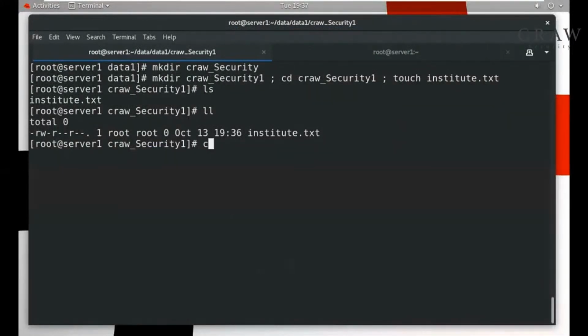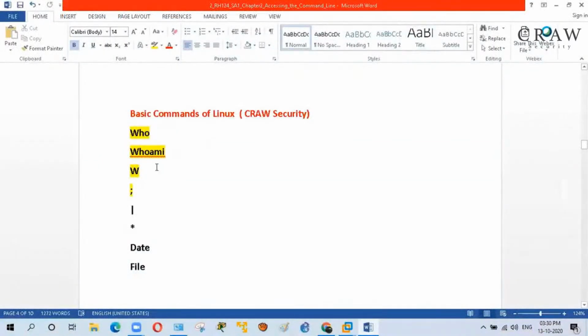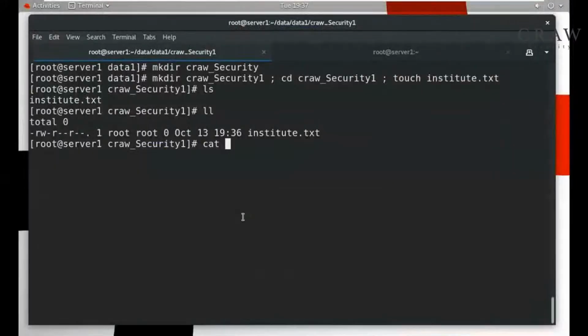Suppose we have a command, the command name is cat. I will show all the other commands in the next session also. In this session I am only discussing these particular commands. So what are the uses of only these commands? In another session I will discuss more and more commands. So now cat, we want to check